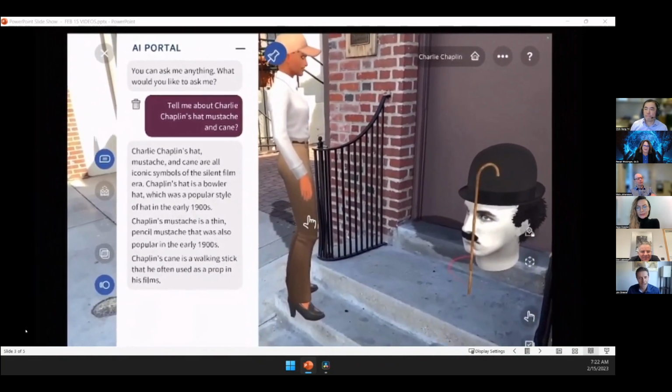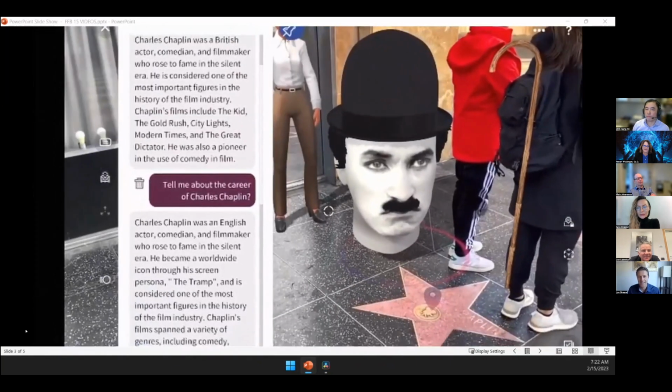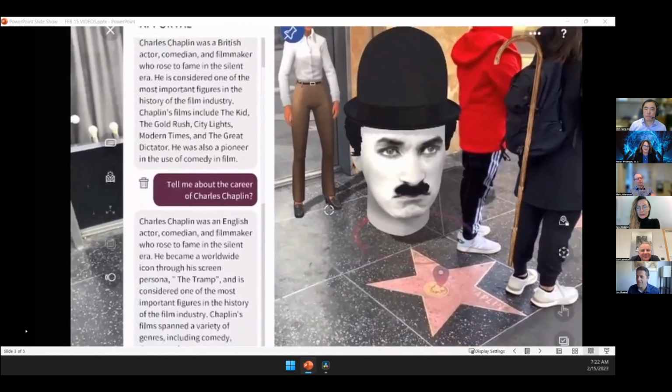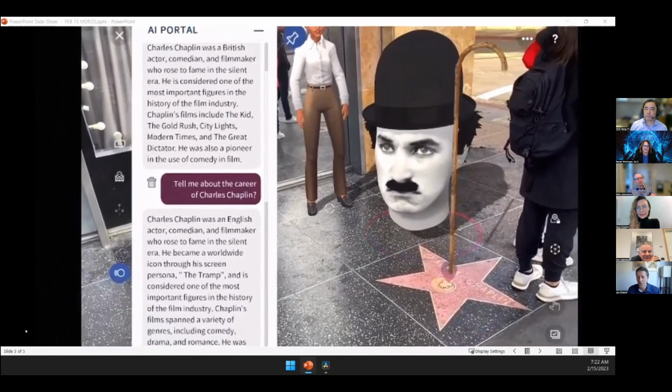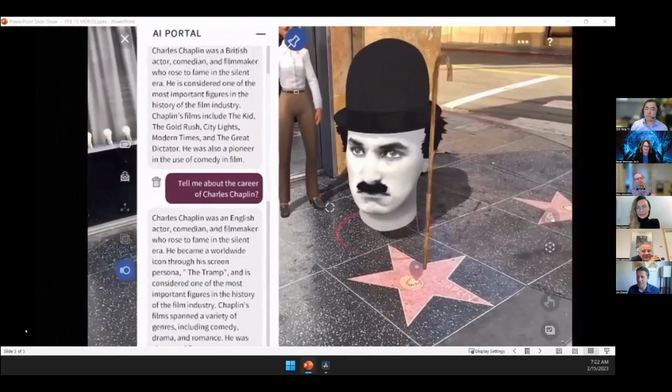features of Charlie Chaplin: the hat, the mustache, the cane. Here I am actually at the Walk of Fame star of Charlie Chaplin. People are walking around me, but I'm still holding up my iPad, just asking questions, learning more. Chaplin's films spanned a variety of genres, including comedy, drama, and romance. He was also a prolific composer, creating the scores for many of his own films. Chaplin began his career as a stage actor in England